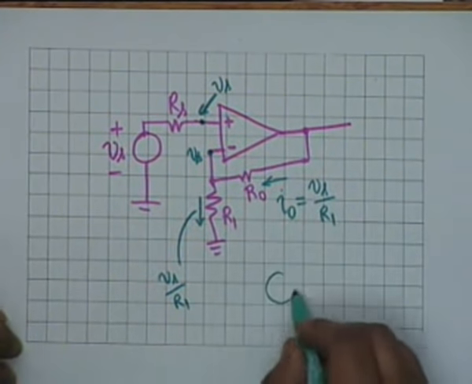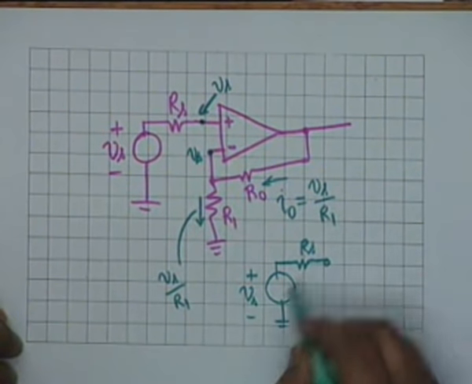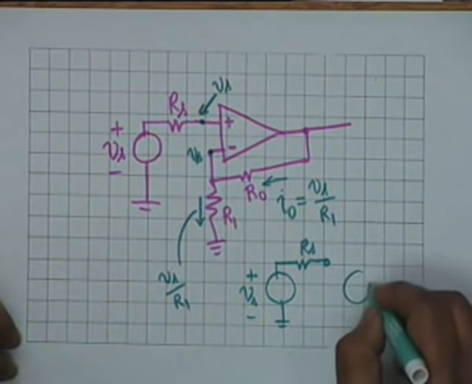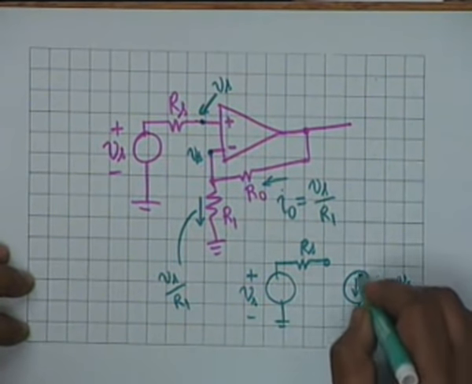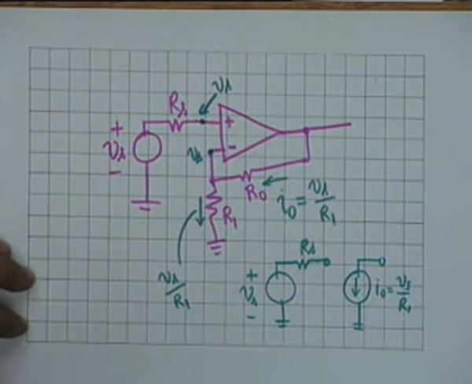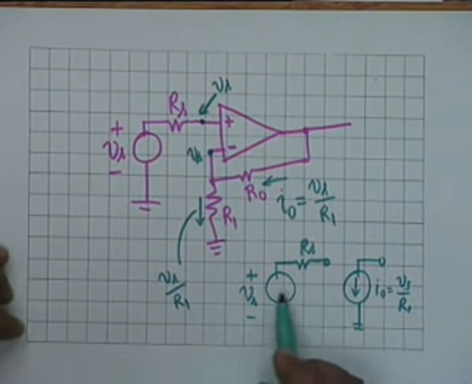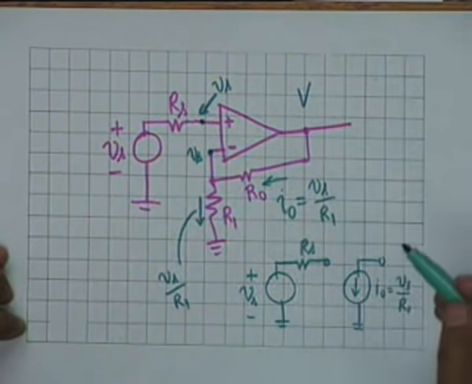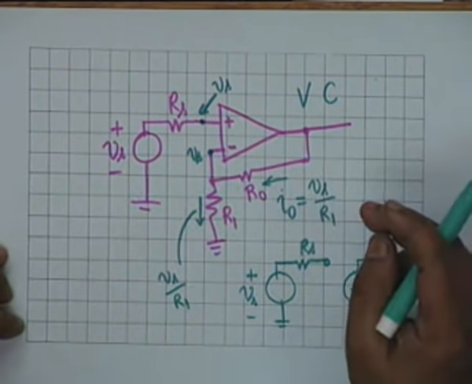Equivalent circuit of this is that you have a Vs, it is with an internal resistance Rs, it does not deliver any current. The output current I0 is equal to Vs divided by R1. All right. This is the circuit. Don't you see that this is a voltage controlled current source? All right. So this is called a voltage to current converter. Voltage to current converter.